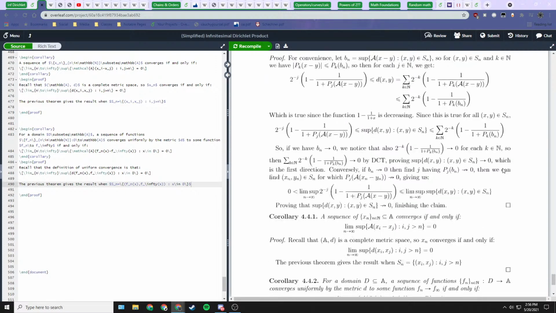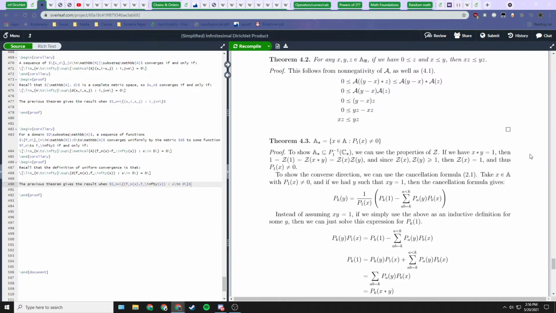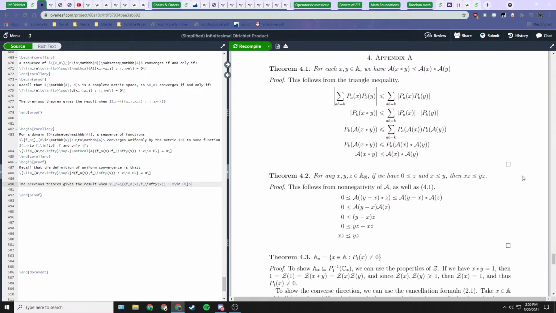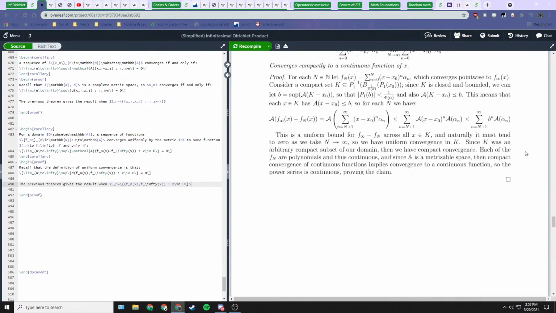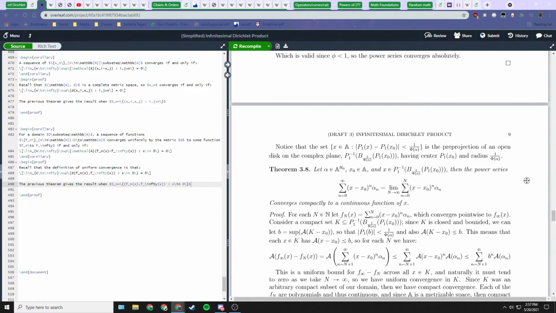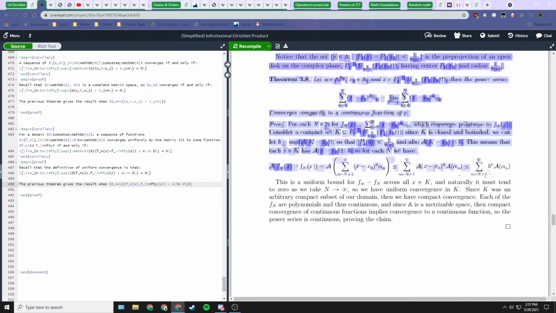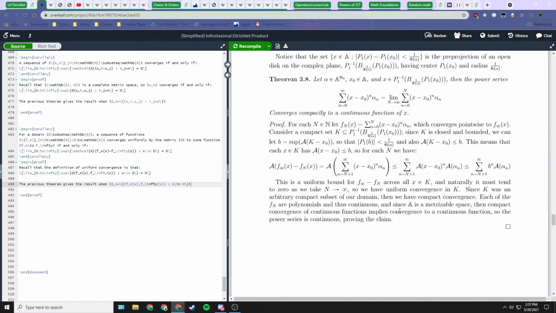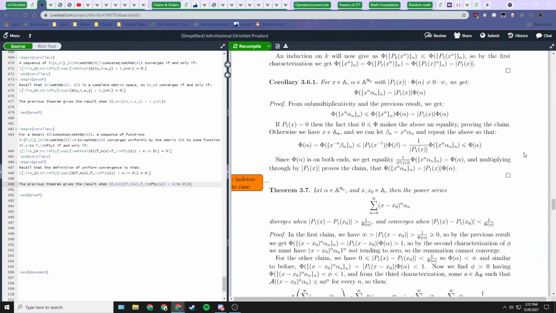Yes. So those were what I wanted to prove, and we've done that. I think we can maybe look at a couple more proofs before we take a break. So let's go up to where we left off in our power series. So we had just proven that our power series converges compactly to a continuous function, and to do that we use this uniform convergence that we just proved in our appendix. So we've proven that it converges compactly to a continuous function.